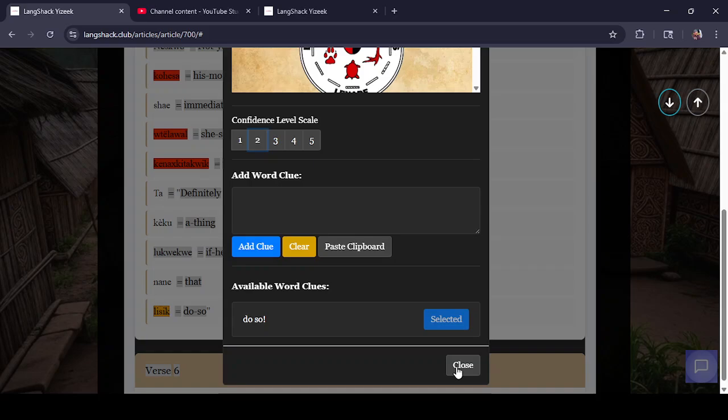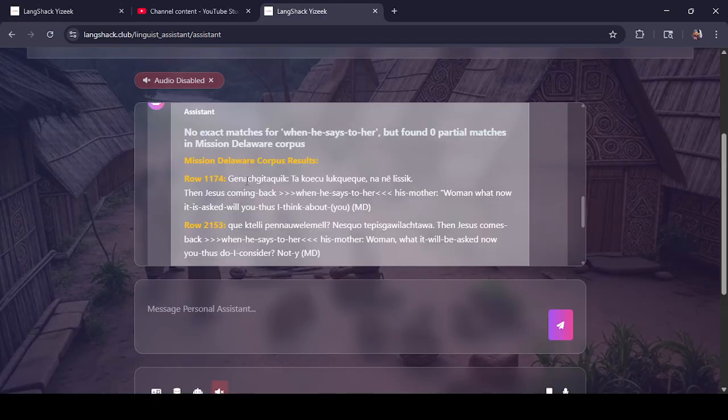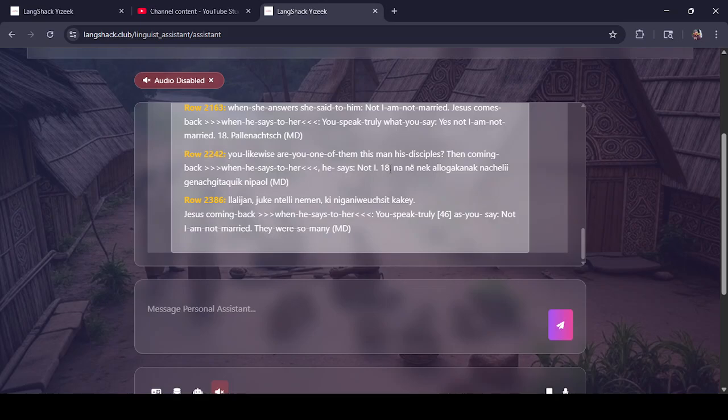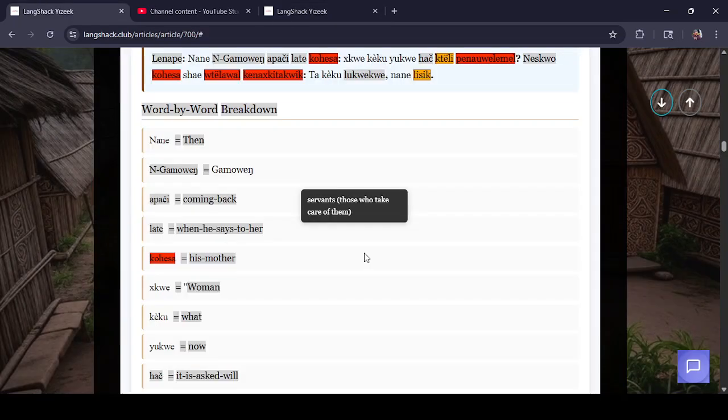What was I looking for here? When he says to her. I don't know if my example's going to come up. Okay. So, Panawela Nesqual. Lukwekwe, Nana Lesik. Lukwekwe. Coming back. Okay. When he says to her, yeah. I'm not ascertaining anything from it. That's not the best search anyway, so